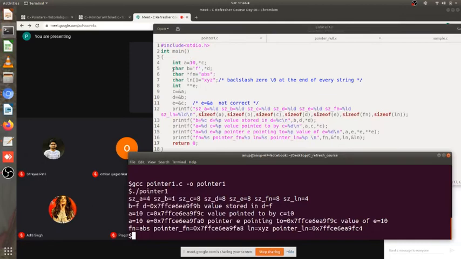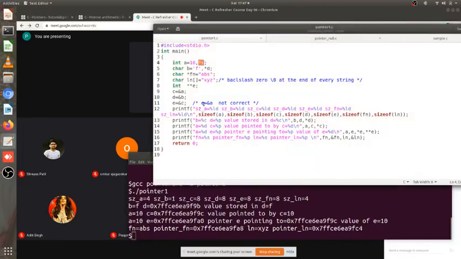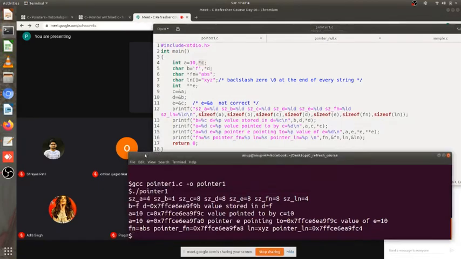Size of B, where this is a character, is 1 byte. Size of C, what is C? C is an integer pointer. It has a size of 8 bytes on this particular machine, but in general if you read the books, it is the size of the integer. Okay, but it is 8 bytes, and you will find that D, if it's a pointer, its size is also 8. E, which is a pointer to a pointer, its size is also 8, and Fn, which is also a pointer, its size is 8. So all the pointers have the same size irrespective of their data type.